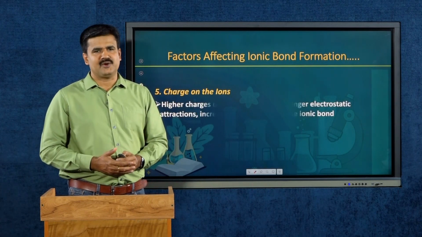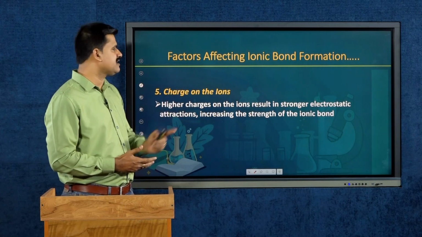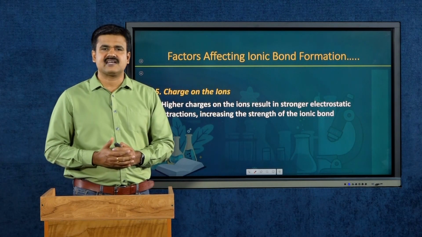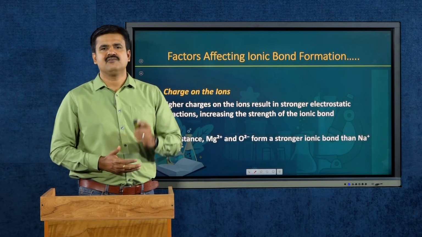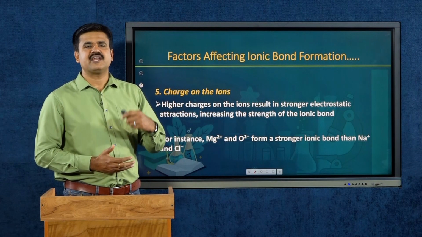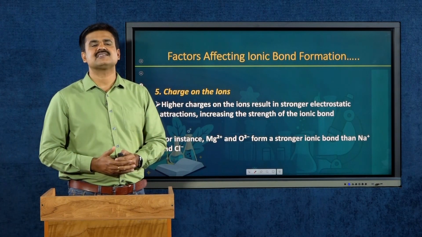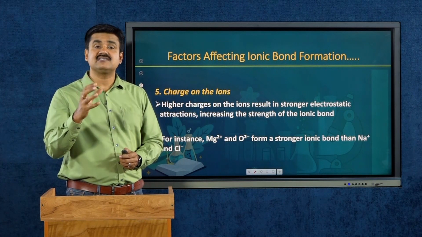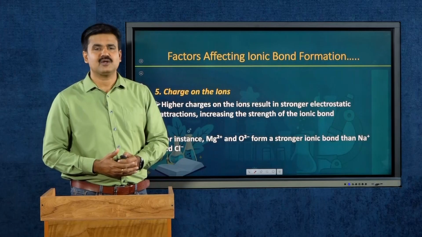Charge on ions: the higher the charge on the ions, the stronger the electrostatic attraction, increasing the strength of the ionic bond. For instance, Mg2+ and O2- form a stronger ionic bond than Na+ and Cl- because of the higher charge on magnesium and oxygen compared with the